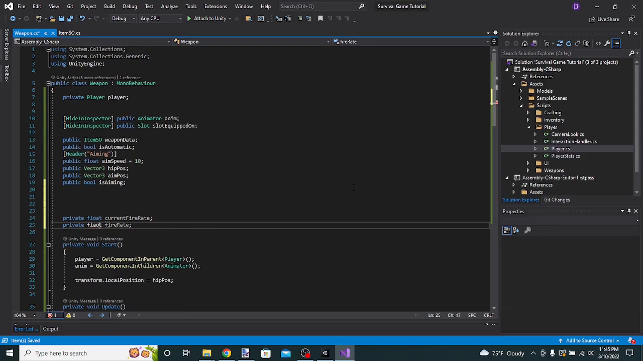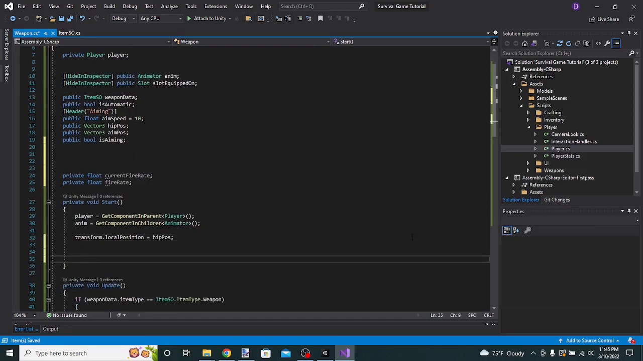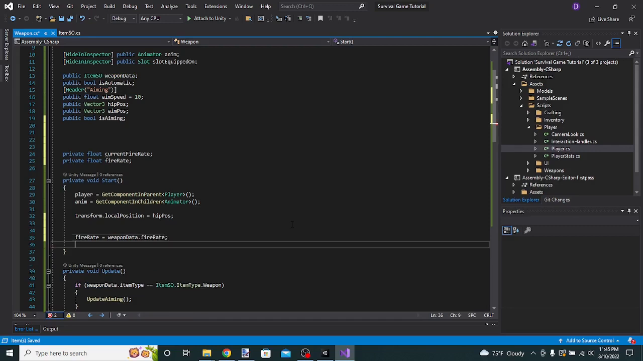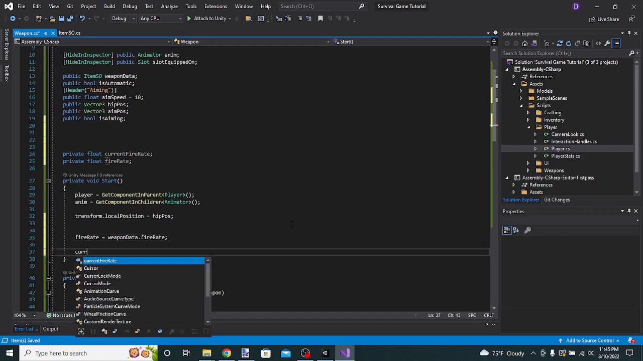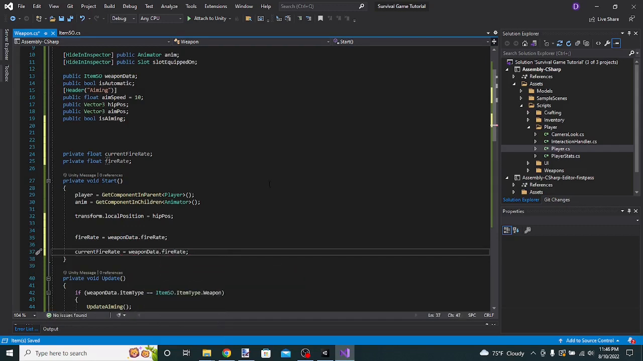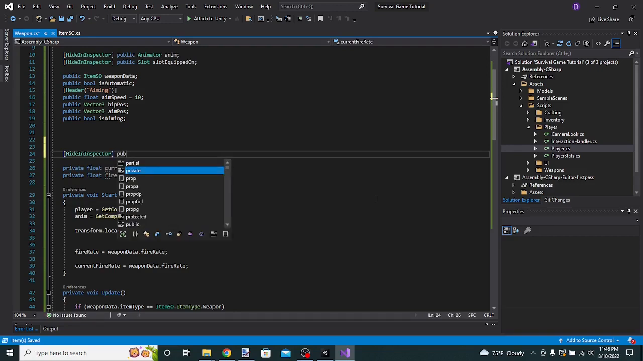Okay, I misspelled this. Then over here on start, so again we're gonna check if weapon or melee weapon, actually never mind. So fire rate equals weapon data dot fire rate, and then current fire rate equals weapon data dot fire rate. And then we're gonna do one more bool that I'm gonna do right here, but I'm gonna hide it in the inspector. So we're gonna do public bool is reloading,